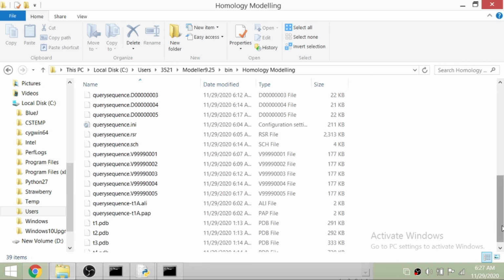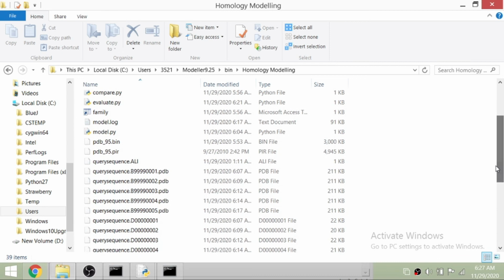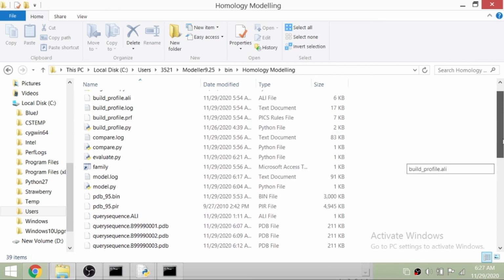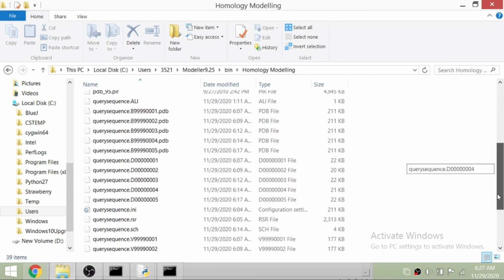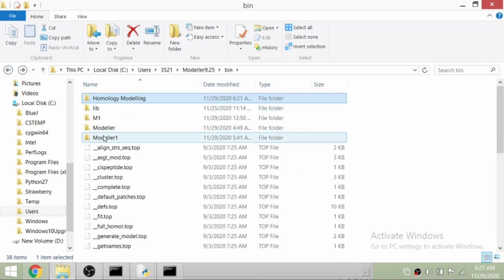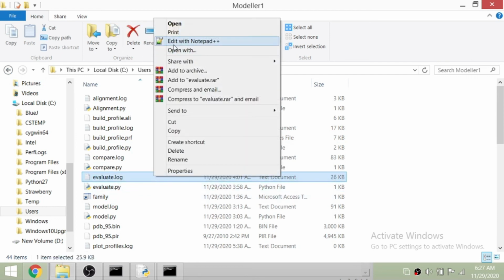To generate the plot, I have to use the script plot underscore profile.py. This script which I will be using here, plot underscore profile.py, is also available on the website. You can just use that script here. As you can see, I have downloaded it from an example. If I show you here,